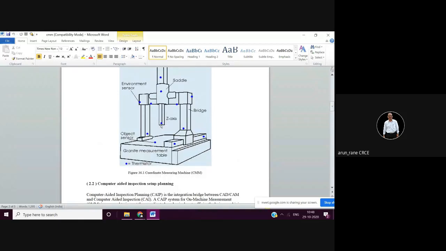There should not be any stray magnetic fields, or any vibrations near about. There should not be a welding shop near the CMM, or a press shop. A press shop goes tap tap tap tap. That is going to hamper the accuracy. You will not get the accuracy, and the machine also will get damaged. Then the humidity inside the room, that AC room, also has to be controlled. Temperature, wind speed, humidity, all these factors are required.